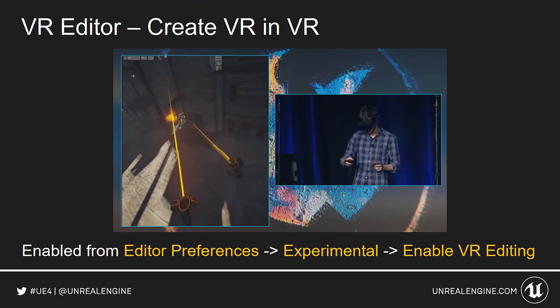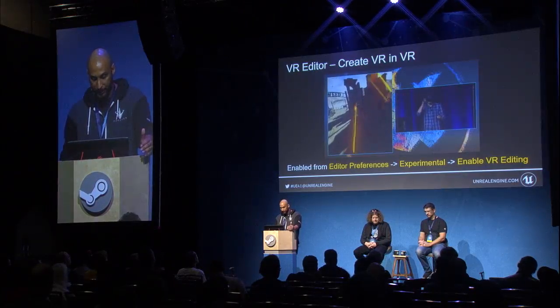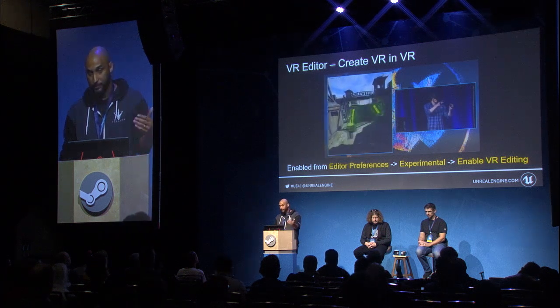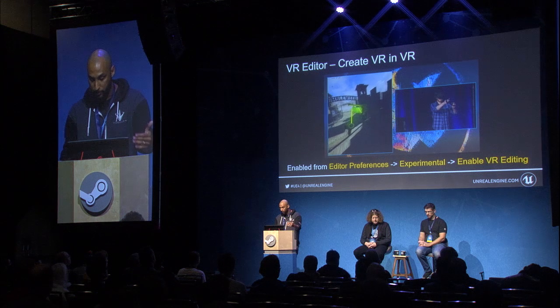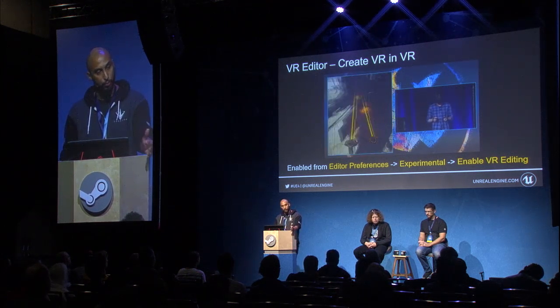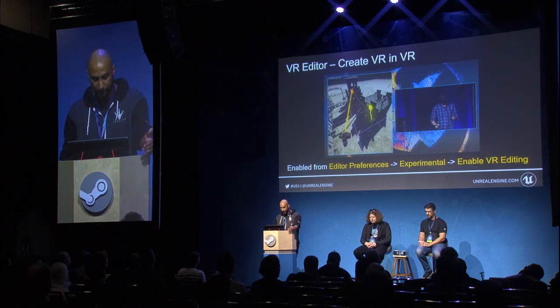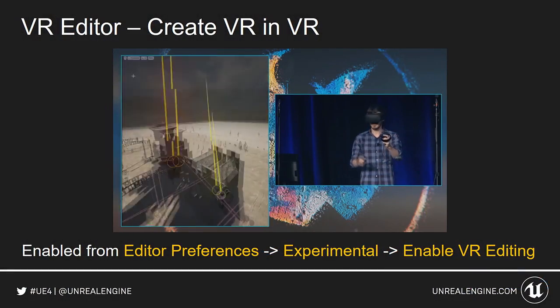You use the same content browser to drag assets into the level. Like the normal editor, you'll see familiar gizmos to scale, move and rotate objects in your level, and you can apply materials to meshes, affect lighting, and alter landscapes. More features are being developed by our team at Epic to make this a viable option for content creation. We're just now scratching the surface of what's possible with VR editing. What we've found is that this is a great option for broad stroke level design, as well as fine tuning, as you can get a firsthand look at what your game will look like while you're constructing it.